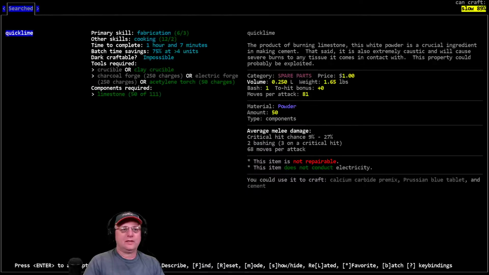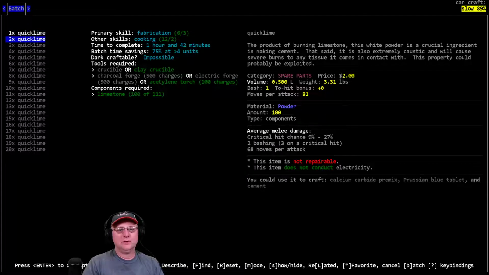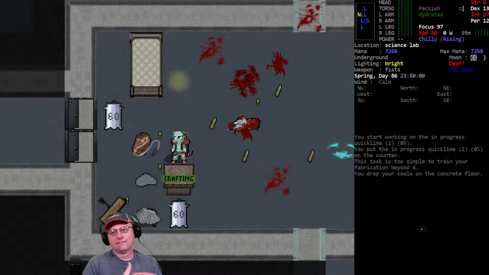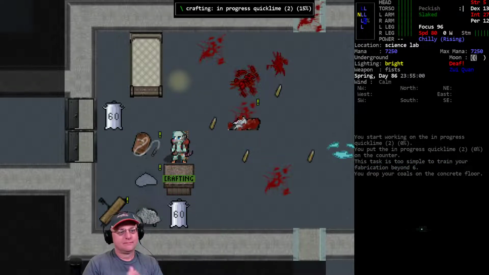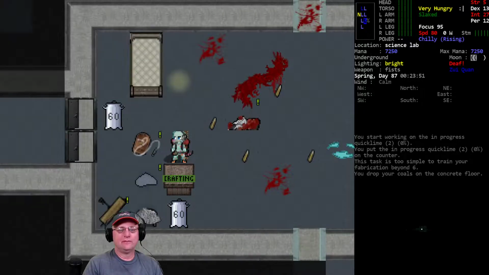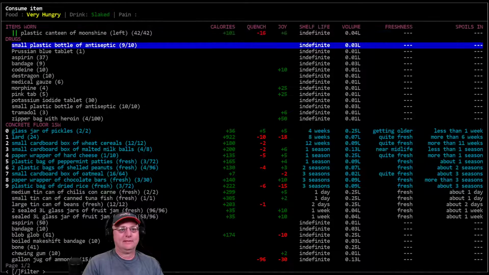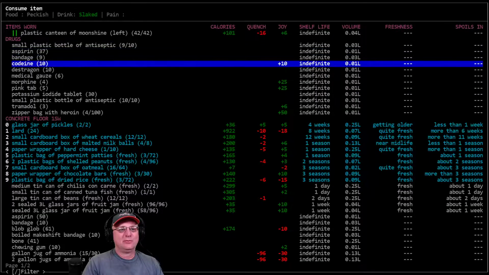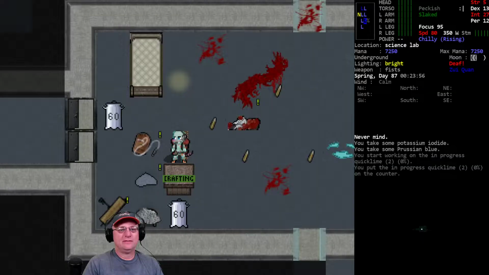So, quicklime. Do 2 quicklime. See, now our radiation is down to 12 again. Whatever. Take the last Prussian blue. Potassium. And,